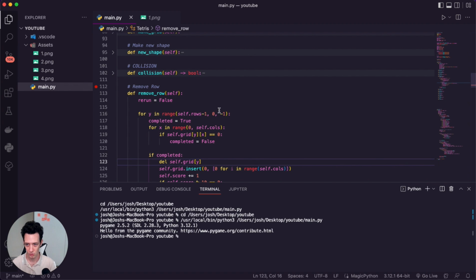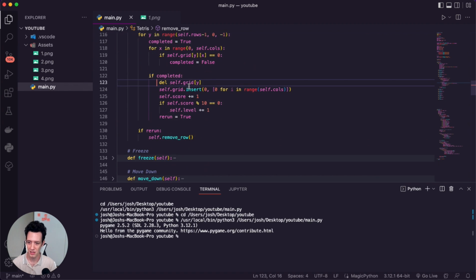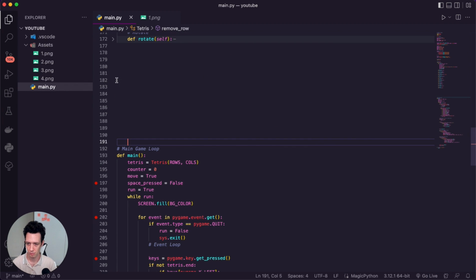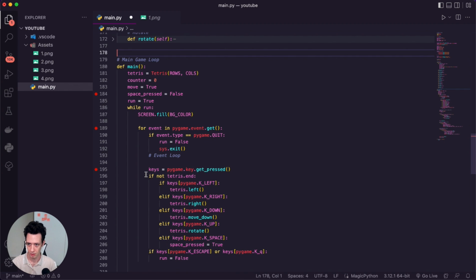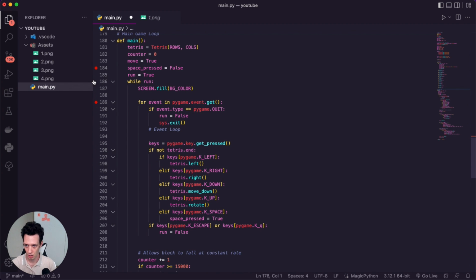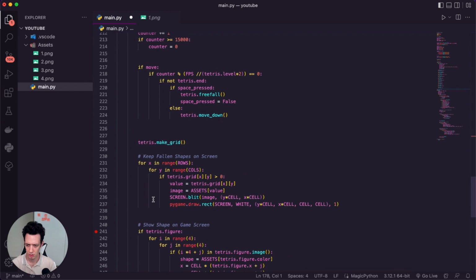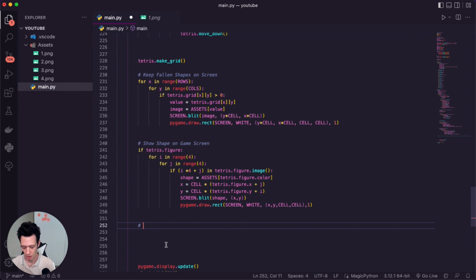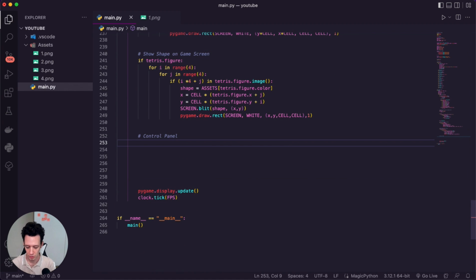Okay, so to do this, let us go down. Let me clean up first. All right, let's go all the way down. I can take away this space now. Clean code is good code. Boom. Okay, so honestly, let's go down to the bottom. Let's call this the control panel. This is the stuff at the bottom of our game, the control panel. So in our control panel, I'm going to say Tetris.next. So if there is a next shape, I'm going to go up and we're just going to take these